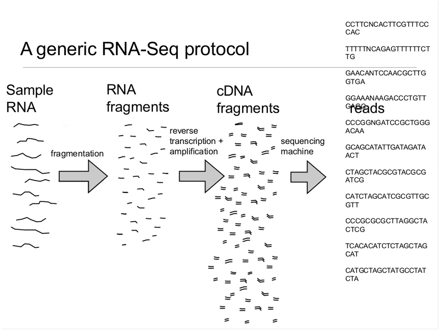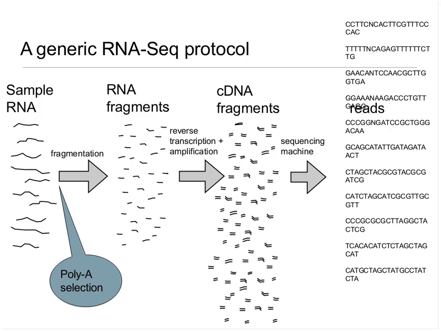The slide is a little bit garbled in the transition from Mac to PC, but the cDNA fragments are then fed into the sequencing machine, which typically can only handle DNA, and it outputs a set of short reads. They're typically on the order of 35 to 150 base pairs long that are derived from the ends of these cDNA fragments. Okay. Can you send me these numbers?